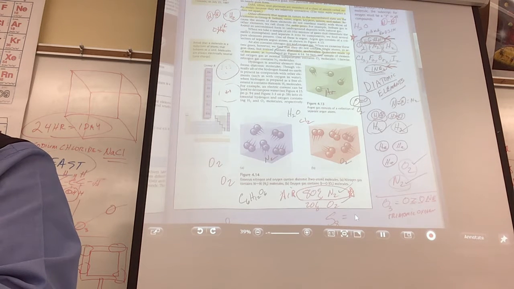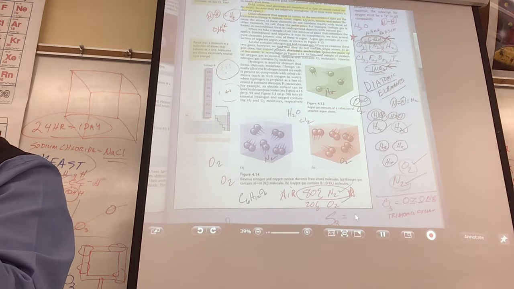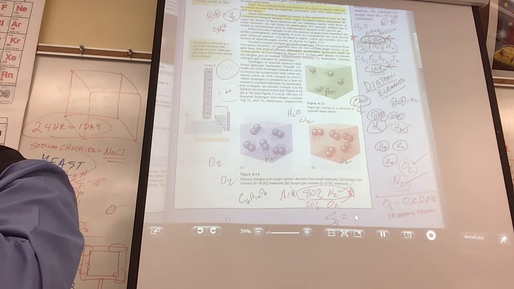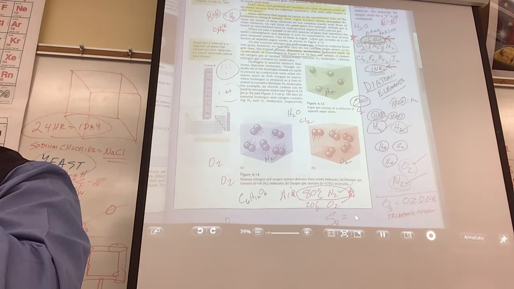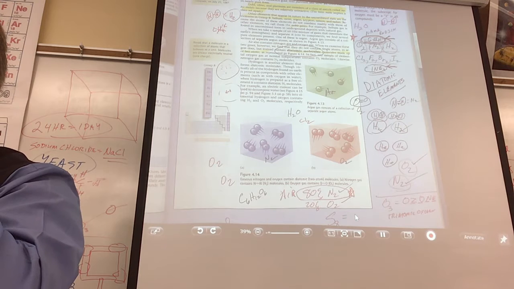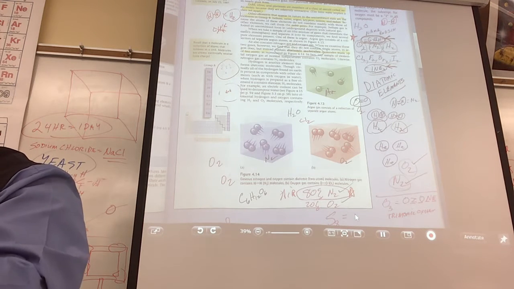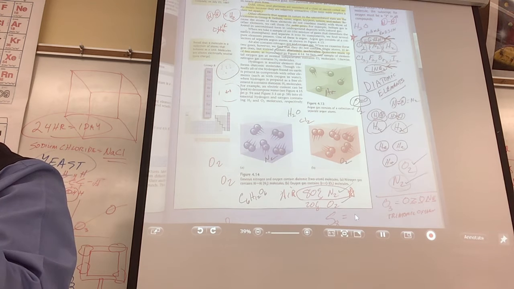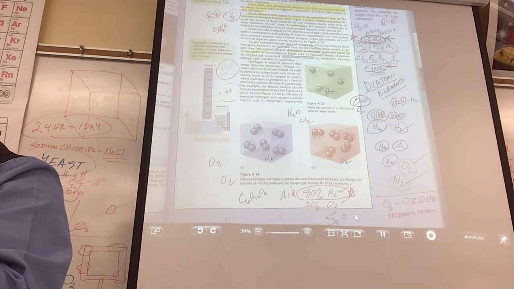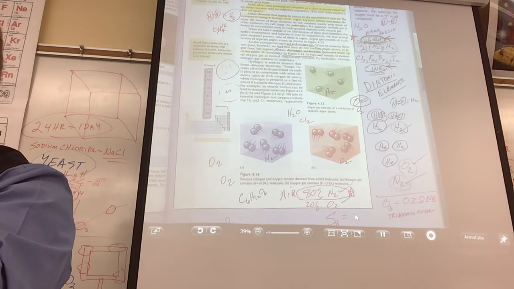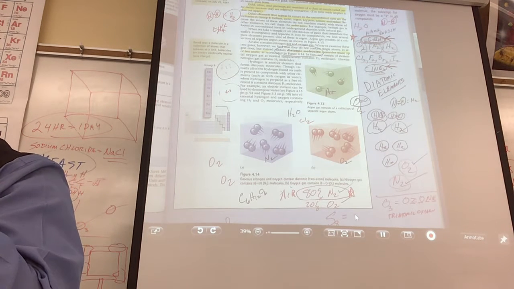So what elements end in GEN? Oxygen, nitrogen, and hydrogen. So if I had a balloon full of hydrogen, it wouldn't be H, H, H, H. What would it be? Lauren, help me out. What would be in a balloon full of hydrogen gas? Would it be H, H, H, H, H atoms? They're not, because they're diatomic. So what would it be? Two H's together. H2, H2, H2. See that? What are the other ones besides the ones that end in gen?